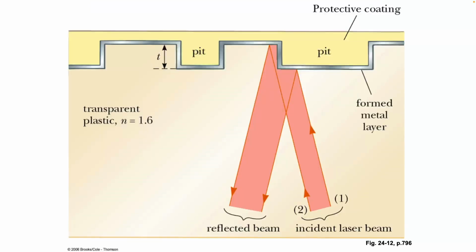And why am I talking about them now? How do DVDs and CDs store and read information? The answer is by using interference. Constructive and destructive interference is what has the ability to read and write information onto these surfaces. A laser beam bounces onto, and this is kind of upside down, when you put it in your player, it actually reads it from the bottom up.